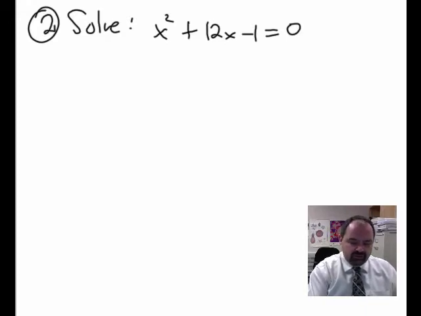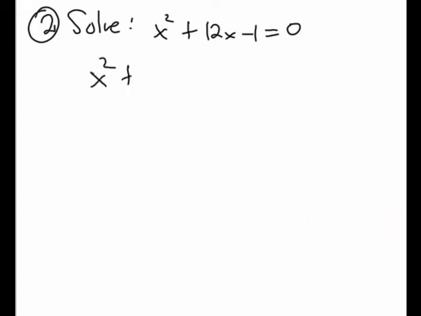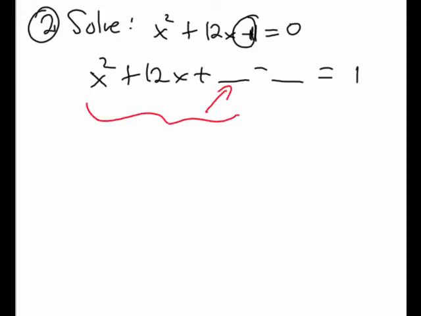So what we're going to do is start off with our x squared plus 12x, and we need to have a number here that makes that factor perfectly. And whatever number we add, we're going to subtract to keep it in balance. And the spare -1 that's sitting there, we're just going to move it to the other side for now. Positive 1. So the number that will make these first 3 terms factor is half of 12, which is 6. Squared is 36. So if I add and subtract 36,